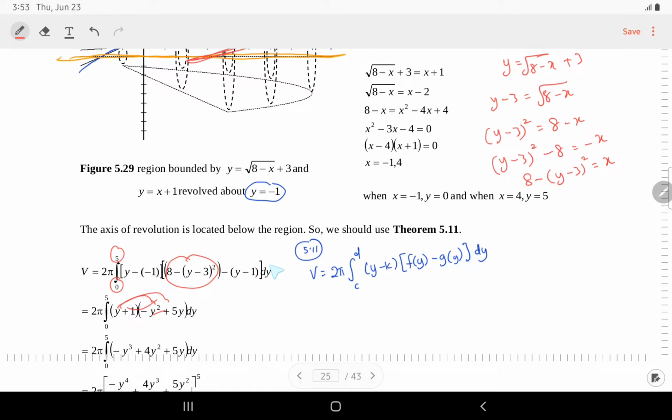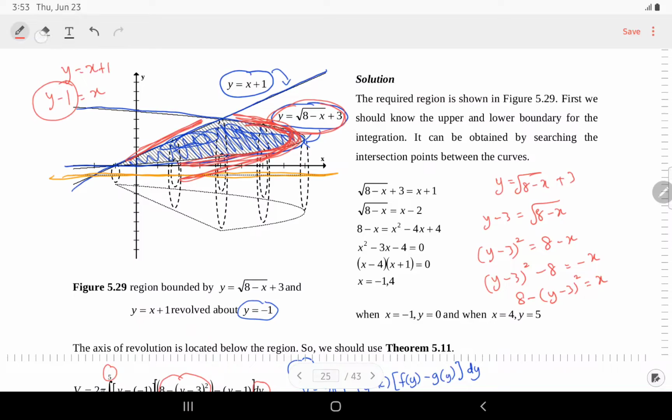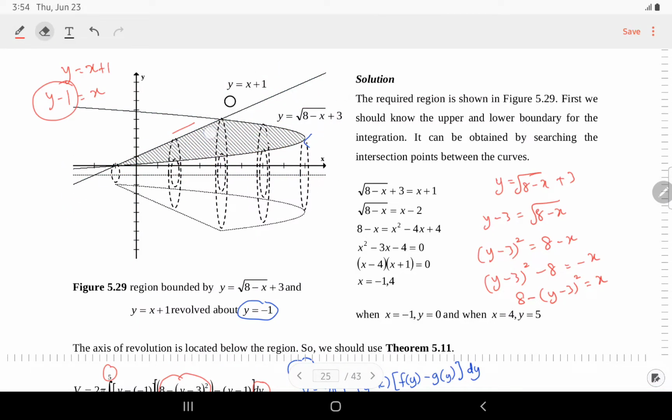Okay, remember if we integrate it by, regarding to dy, so we need to put point of y here. Okay, point y sebagai kita punya limit. Jangan point x, akan jadi salah. Okay, so apa point y dia? Ingat dekat sini boundary dia adalah daripada sini sampailah sini. So kita kena cari nilai dekat sini dan nilai dekat sini berapa. So dekat sini of course kita tahu 0 lah. Dekat sini kita tak tahu berapa nilai y kat sini, tapi kita tahu ini adalah intersection point between these two